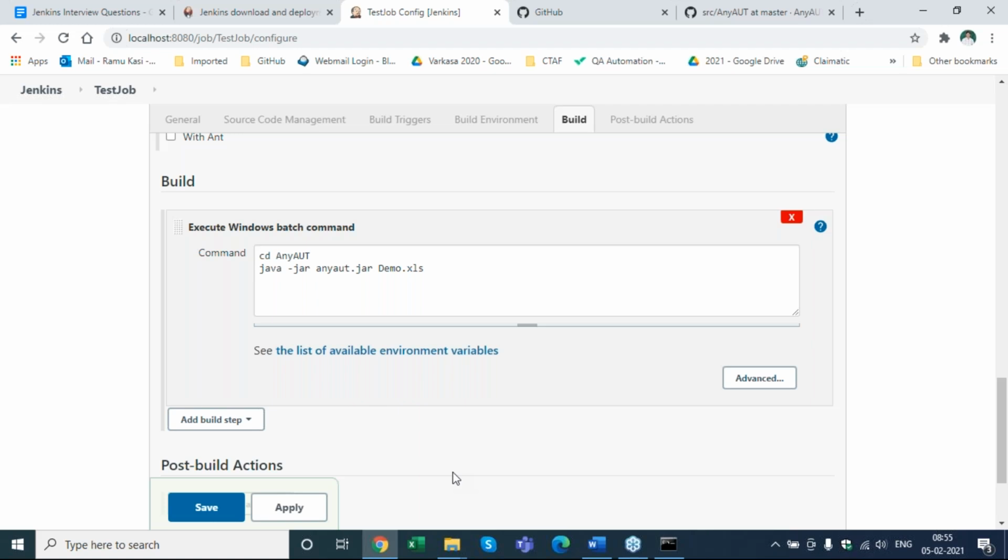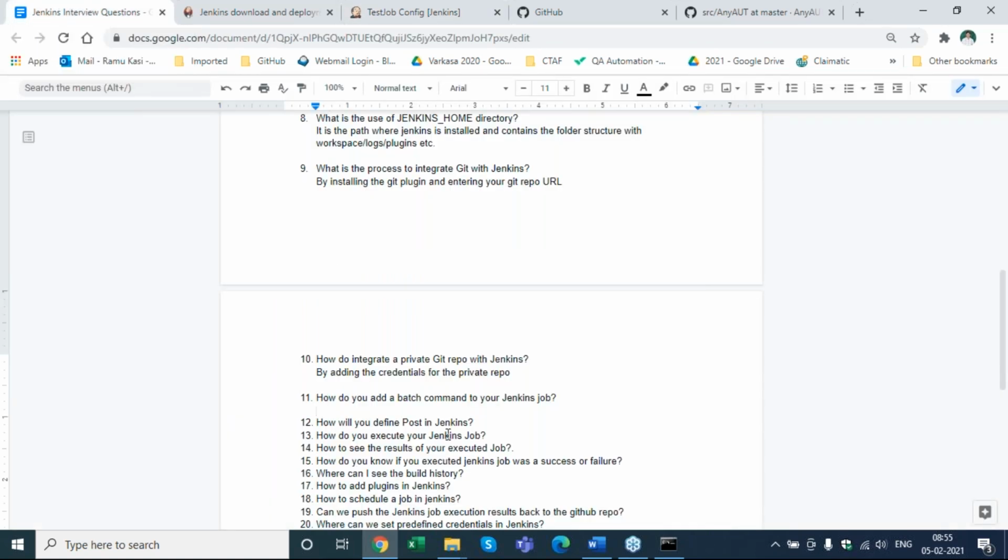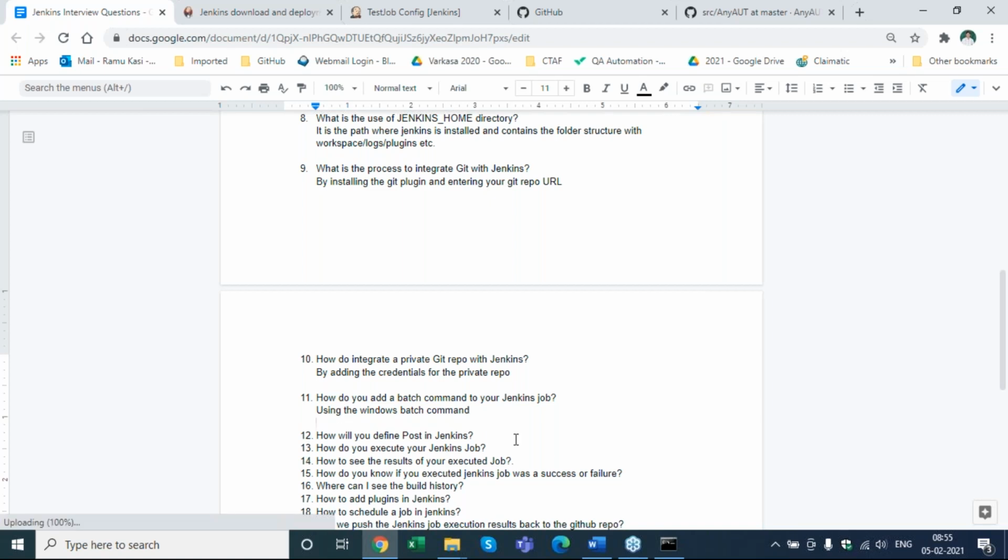So CMD is command prompt and it launches command prompt. I don't know which folder I will be in. But what is my root folder? From there, where do I go? AnyAuth. Now, where is that? Here we give the source as the Git URL, the Git repository.